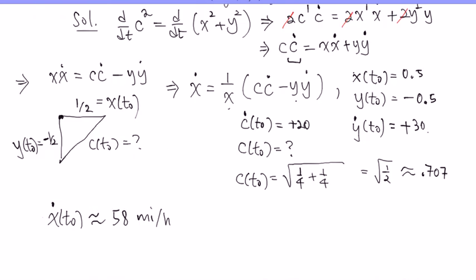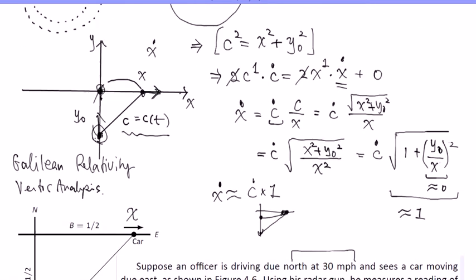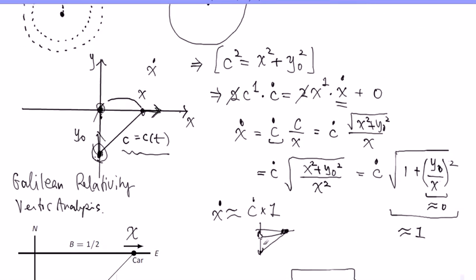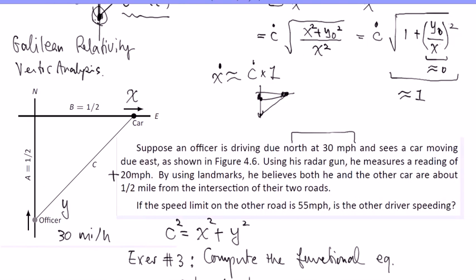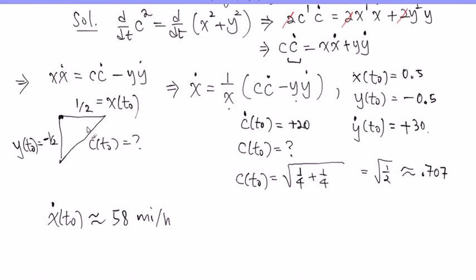Your speed gun says 20 miles per hour, but it was actually moving at 58 miles per hour. You're not going to get this much of a discrepancy if you are very close to the road and this distance is far away, then the reading and the actual speed are not that different. And here there were actually significant sizes involved, so there's a significant difference in the measuring. Fair enough? So this problem appears in 3, 4, 5, 6 in the